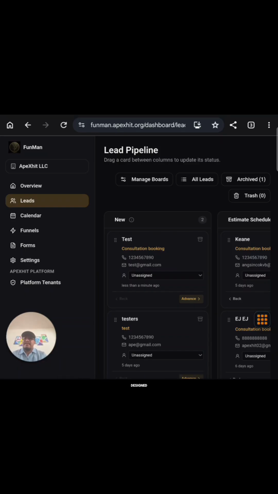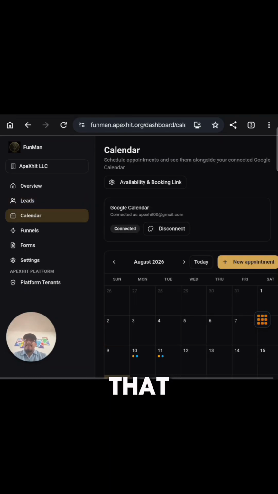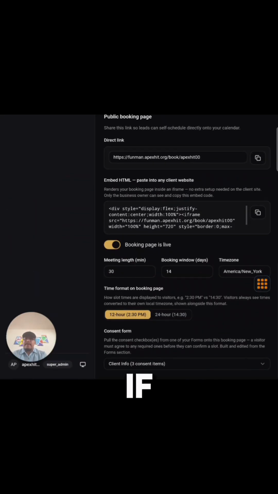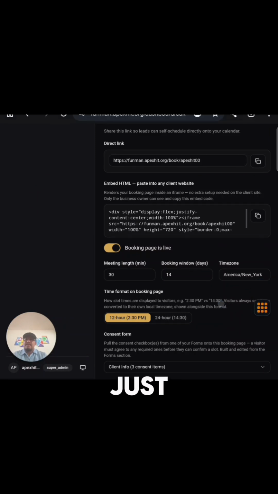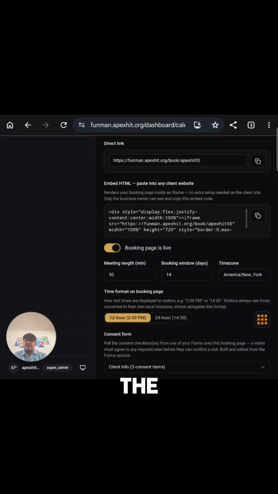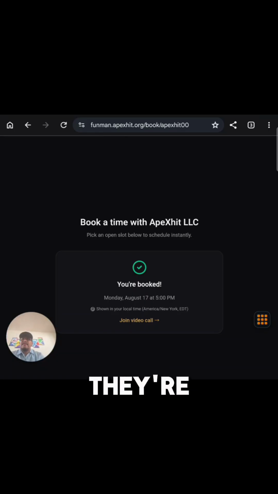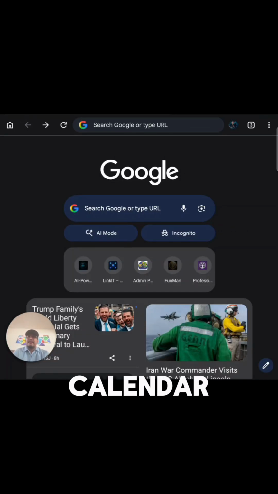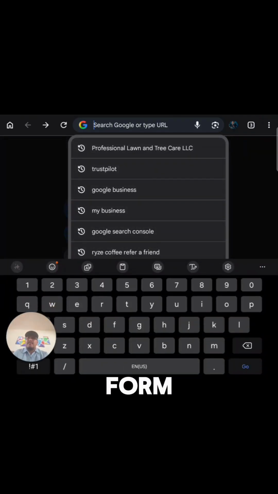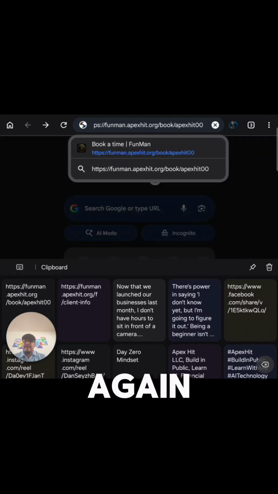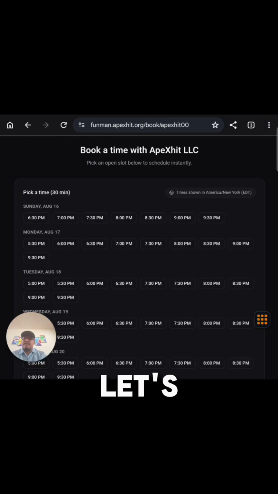It's working as designed. What I really want now is that I realized it would work better if, instead of just pulling the consent forms from the forms, I'm also able to select a booking form, because they're different. They look different. I don't know if you noticed, in the calendar booking form, let's try to paste that again. In this form, let's schedule